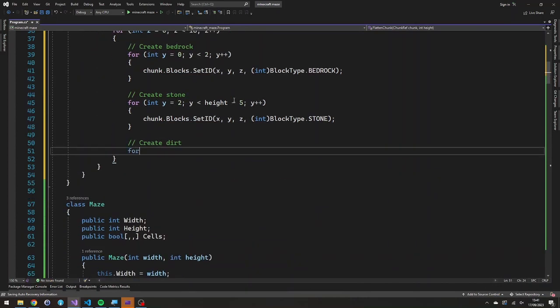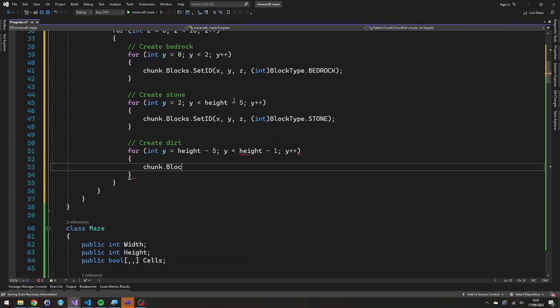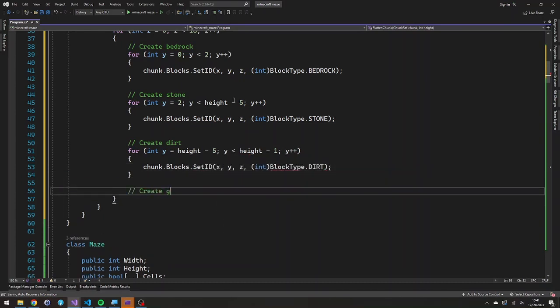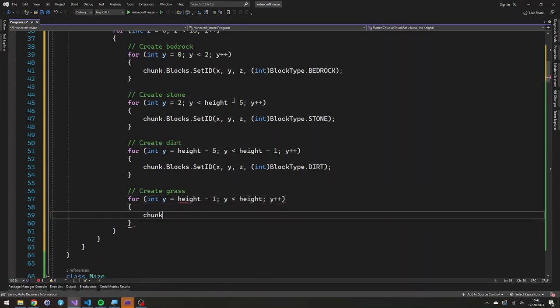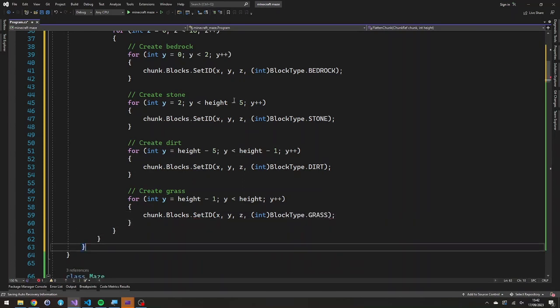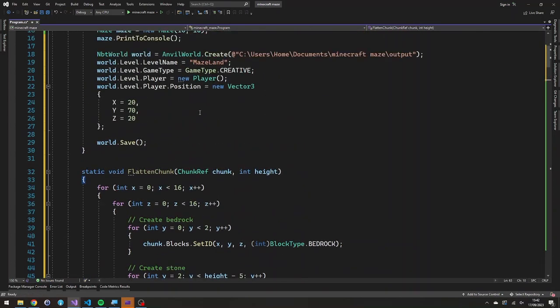And then some dirt. And then the top layer is just to be grass. Now we can call this flatten chunk function,